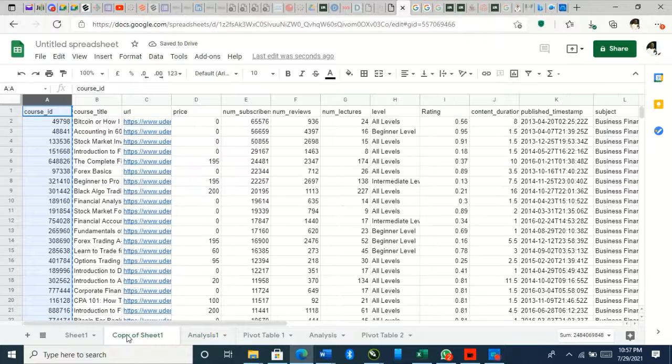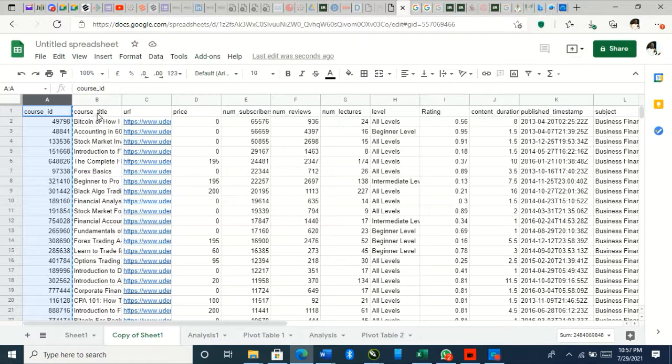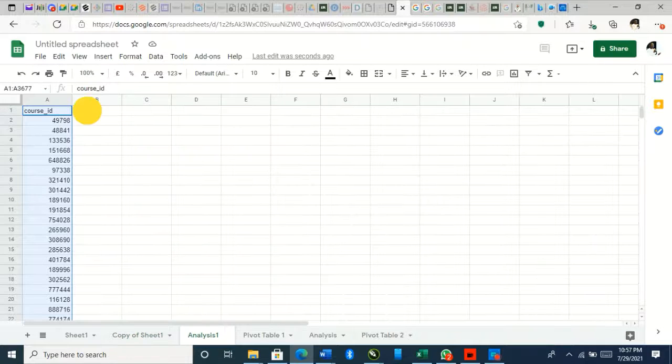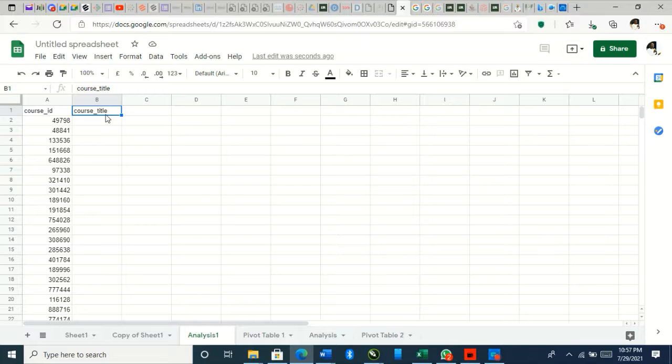So we'll go back. Now the next thing we need to do is add other columns to this sheet. To do that, we're going to be using VLOOKUPs, but first and foremost, we're going to name our headers, which is course title. That's the next one we're going to be adding to that analysis sheet. So go back to analysis, I will add course underscore title. Alright, you have to remember that whatever names are on the headers here, that's what we'll be having here too. So do well to ensure that you type them out correctly. So the next thing is you go here